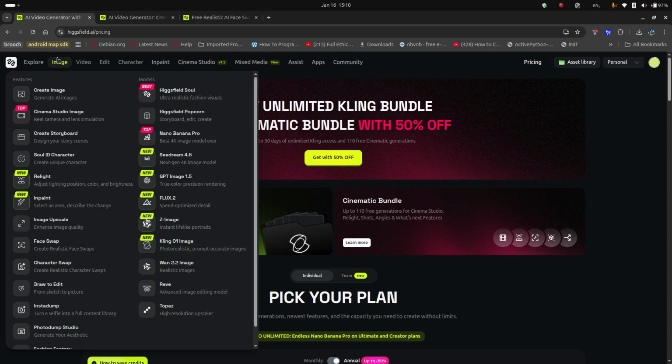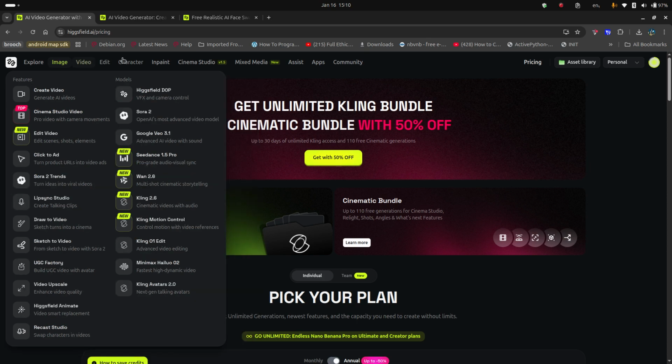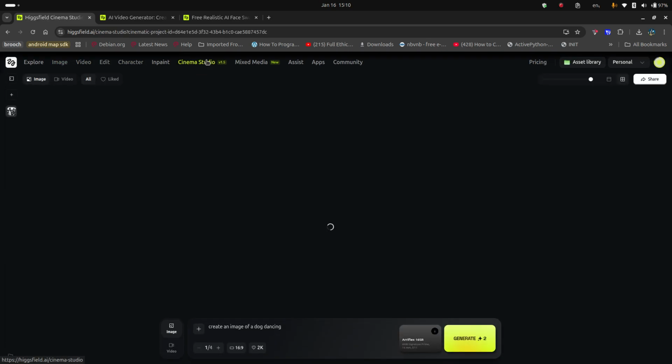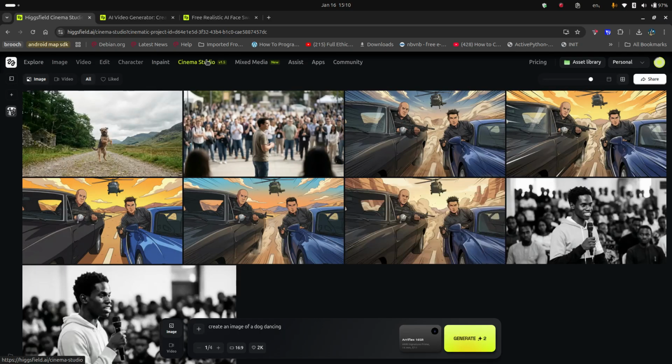So without further ado, let's check out images, right? What can we do with image? Well, we can generate an AI image. But first of all, I think if I click on that, it's going to take me to face swap. But before I get to that, let's try to see if I can generate a simple image. Let me go to Cinema Studio. It's just a familiar interface with a prompt. Yeah. So I can say,